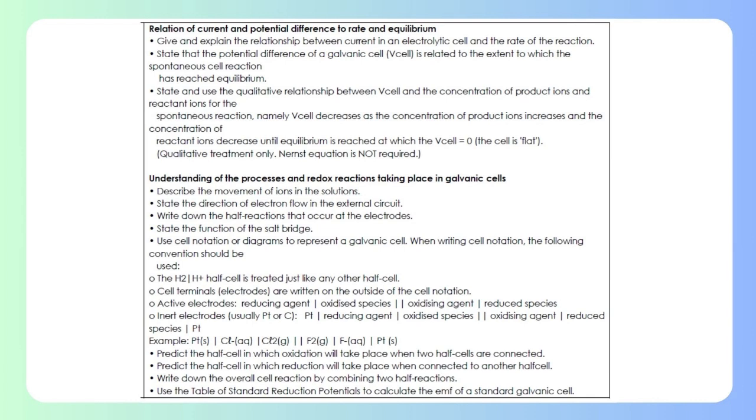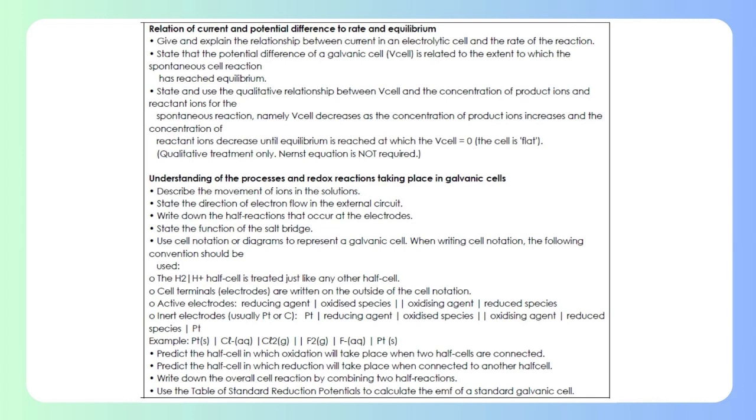Relation of current and potential difference to rate and equilibrium. Give and explain the relationship between current in an electrolytic cell and the rate of the reaction. State that the potential difference of a galvanic cell is related to the extent to which the spontaneous cell reaction has reached equilibrium. State and use the qualitative relationship between cell potential and the concentration of product ions and reactant ions